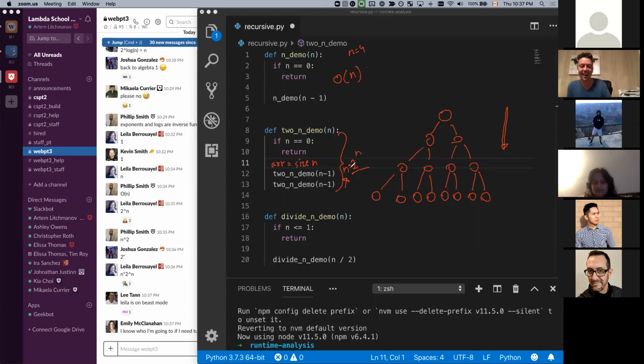Exactly. If we create something of size n and we call it 2 to the n times, then we could basically already tell that we're going to end up creating n times 2 to the n instances of some kind of memory object. And once again with this, the runtime of this was log of n. So the memory that it'll take will be